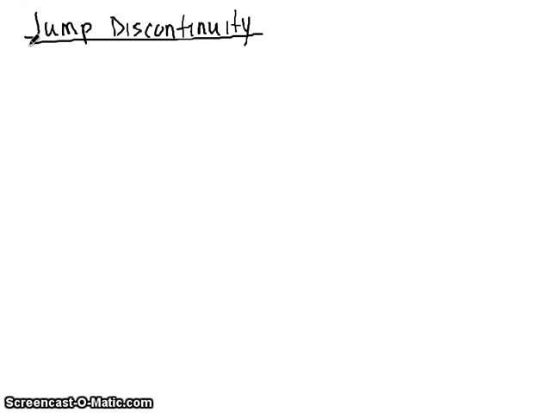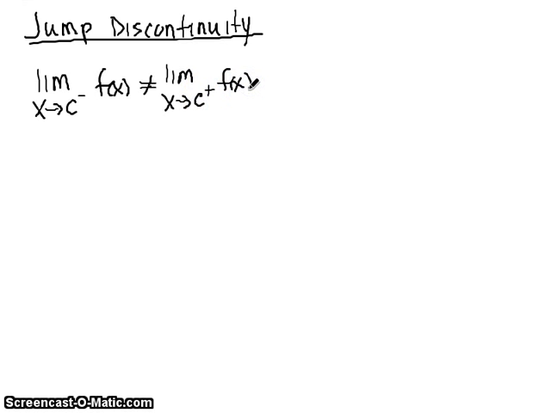What the calculus will look like is the limit as x approaches c from the left of f of x is not equal to the limit as x approaches c from the right of f of x. So an example of that might be something like f of x is equal to